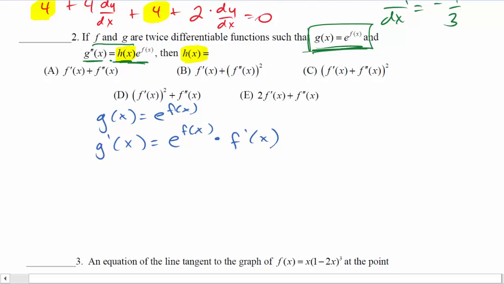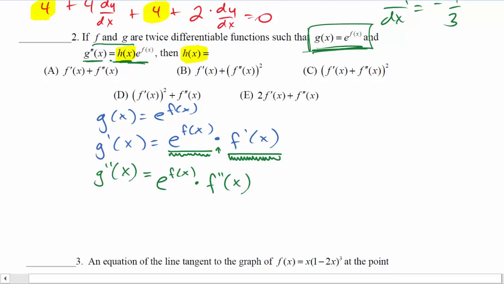Now, we're not done because this is only the first derivative. As I move to the second derivative, I'm looking at this and seeing e to the power of f of x times f prime of x, which is really telling me I'm going to have to use product rule. So let's keep this guy the same for the first try. e to the power of f of x times, what's the derivative of f prime of x? Well, that's going to be f double prime of x